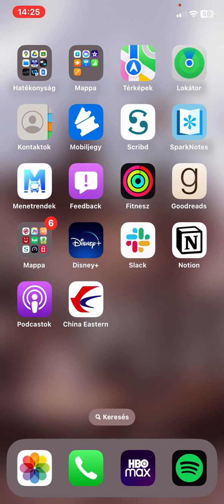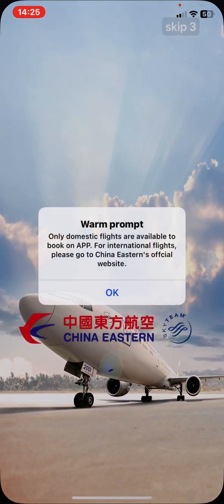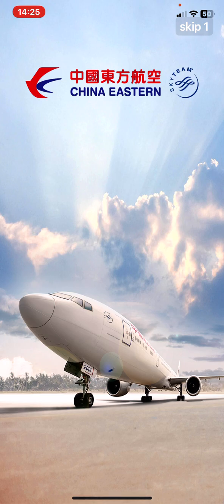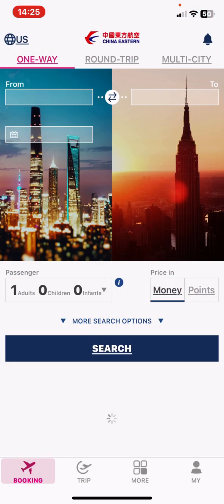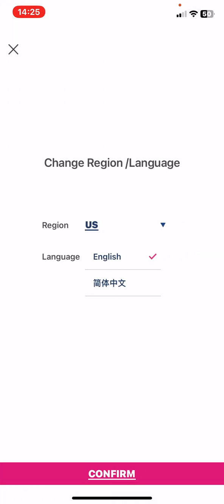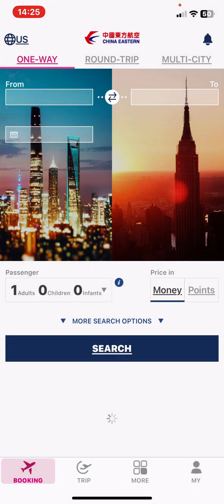First of all, open the application on your phone. And then click on the globe button at the top of the page on the left. And then at the language section, click on the one out of the two languages that you want. So there's Chinese and English. So just click on the one that you want, and then click on the confirm button, and your language is